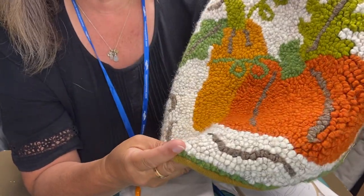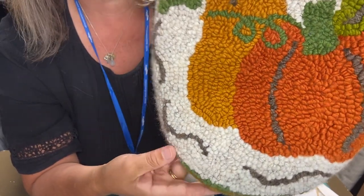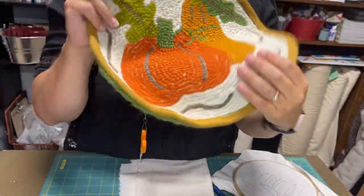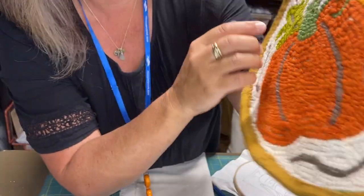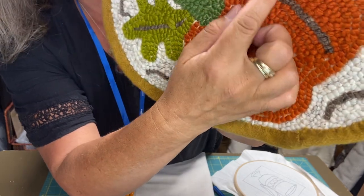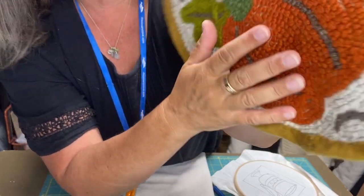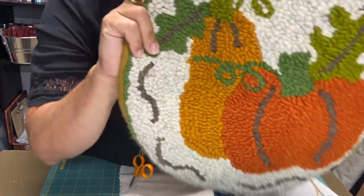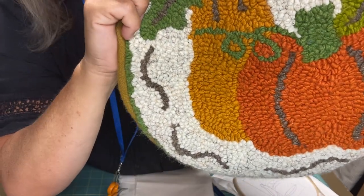And this is just another tool, a bigger tool that you use to make the loops on the front. This is what the back looks like. And a lot of times people will do punch needle and use the back. So they'll try to fill in this a bit closer so you don't see any lines in between the lines of the loops. But I personally like this side as the front because that's just what I started out with,